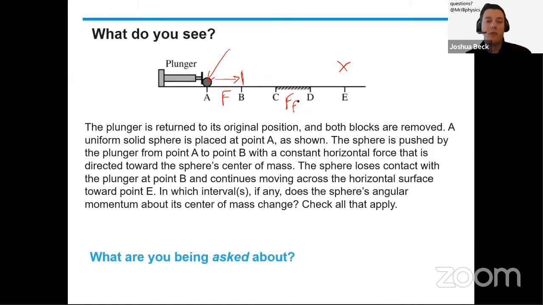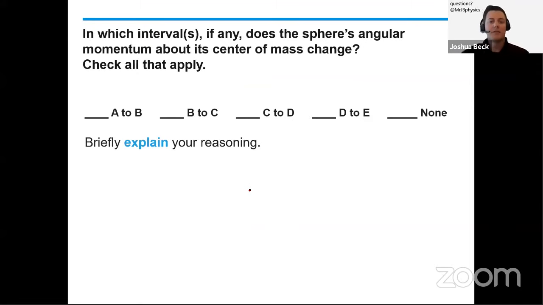Well, let's be careful before we move on to this part. What are you being asked about? I'm being asked, are there any points where the angular momentum of the center of mass changes? So angular momentum: I need to see, does it have any angular momentum and does it change? All right, so here's the rest of this problem. Here's how it's set up. It gives you these check boxes from A to B, from B to C, and so on and so forth,